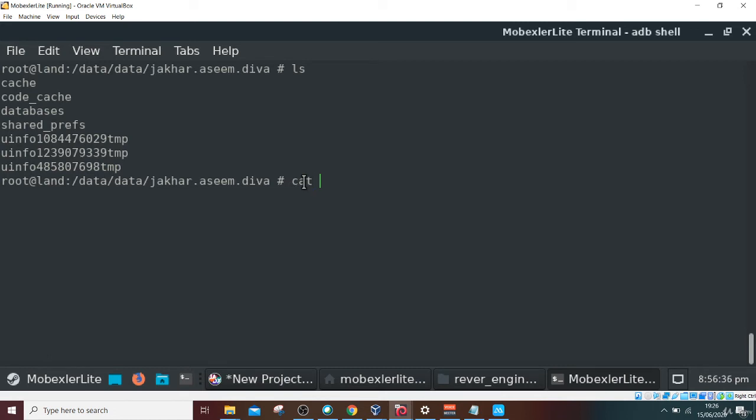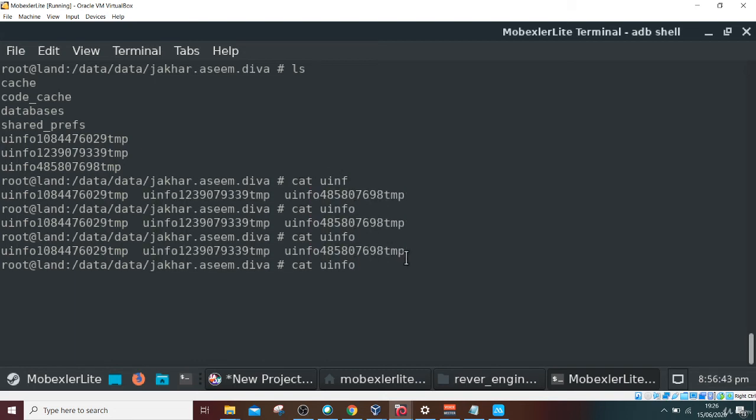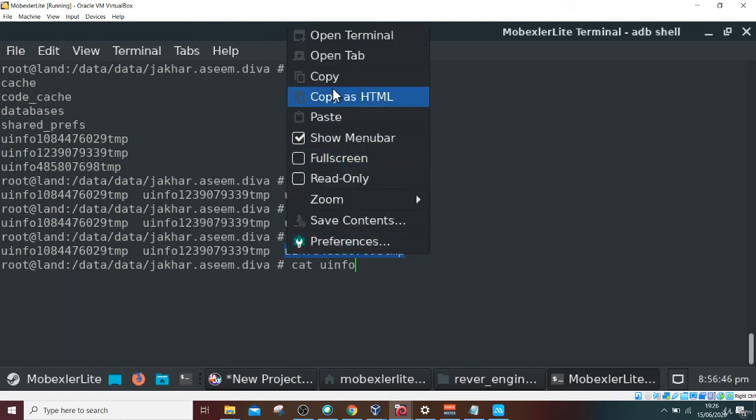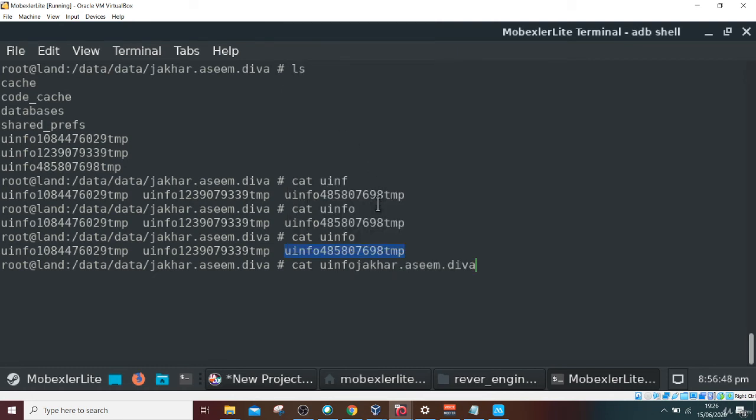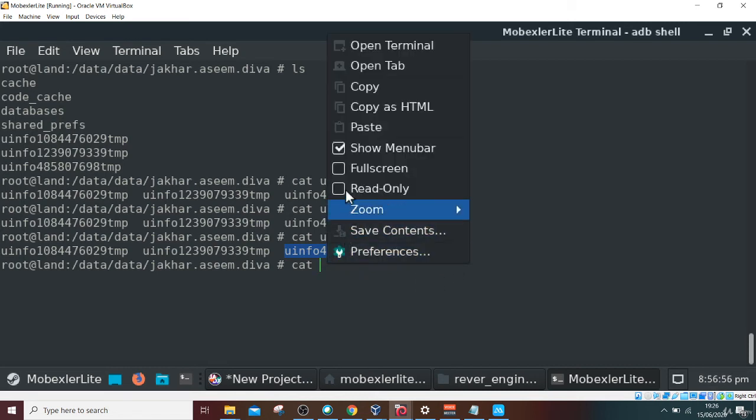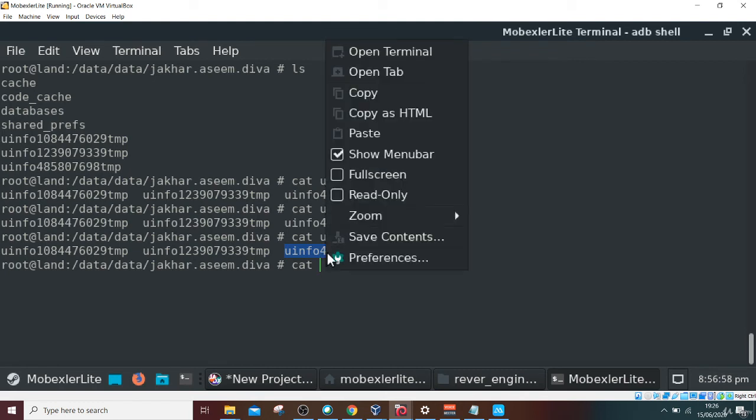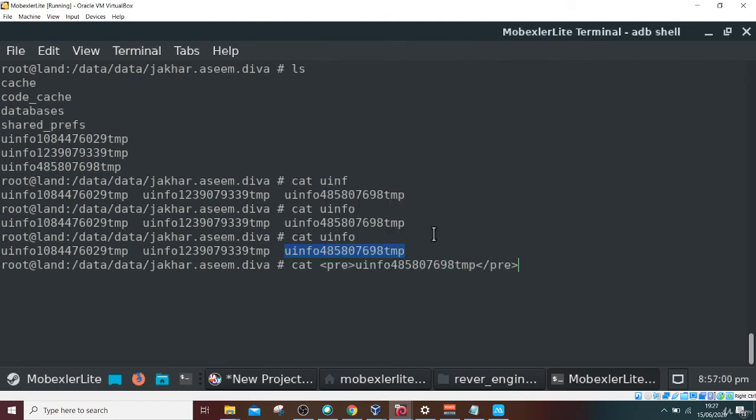Go for cat and write uinfo. You can copy this one to find the latest credentials or sensitive detail that has been saved here. See, whatever we typed is showing here.